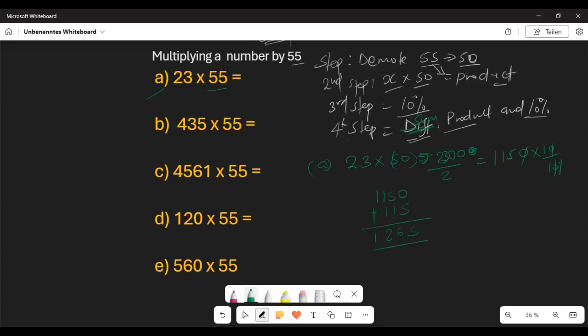Let's do B. I think I will do B on this other side so that it's clear. So we have B. So the 4 steps have to continue. In this case, we talk about addition. So we have 435. If you look at what we did here, we are demoting, or at least reducing 55 to 50, and